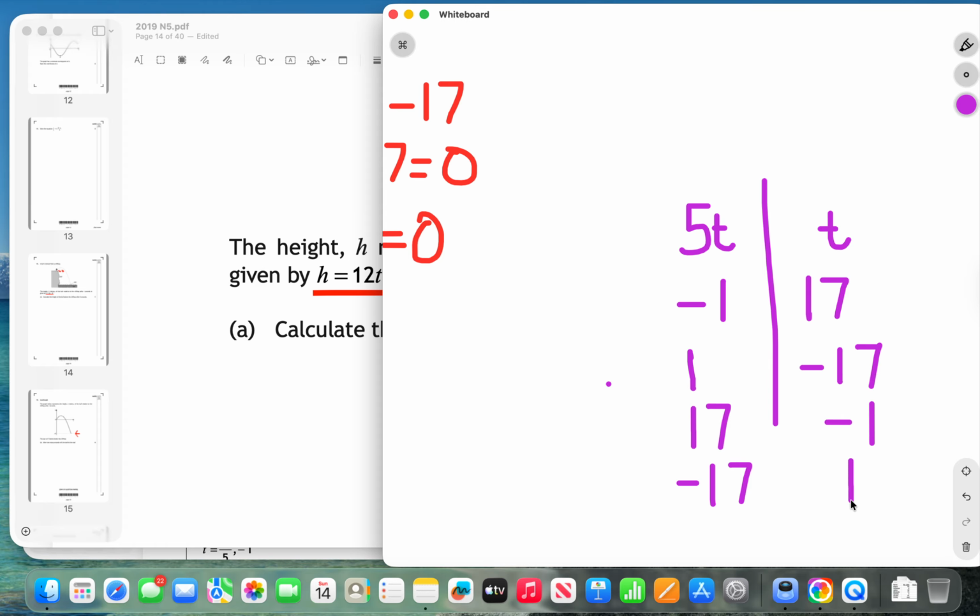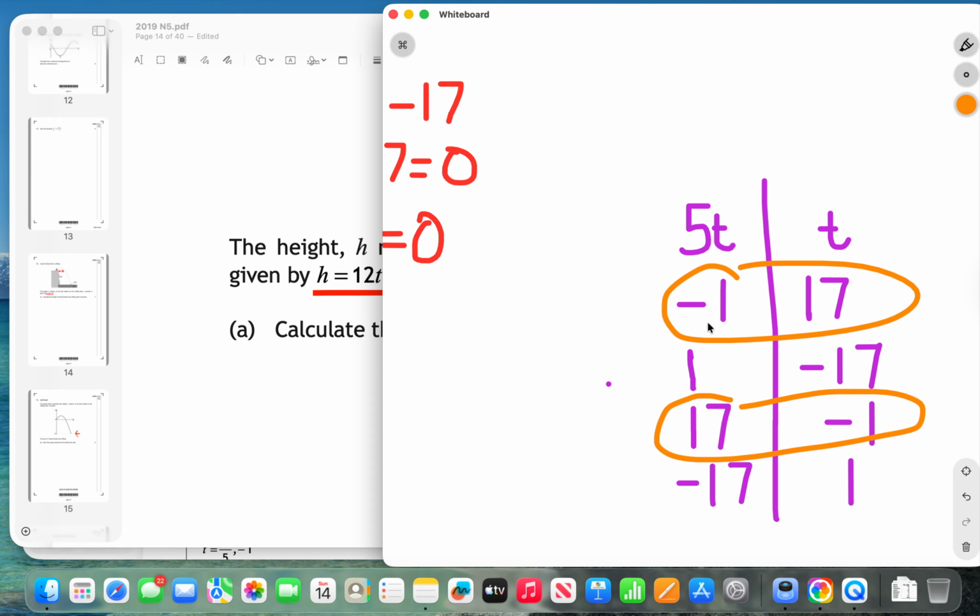You've then got 1 and minus 17. You've then got 17 and minus 1. And you've got minus 17 and 1. One has to be positive and one has to be negative. But because these are not the same, each combination